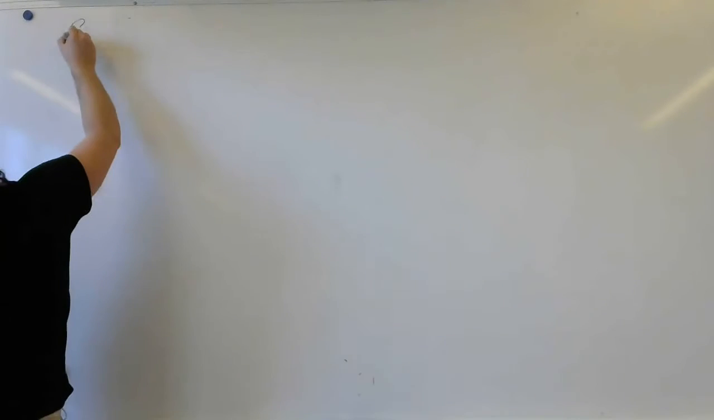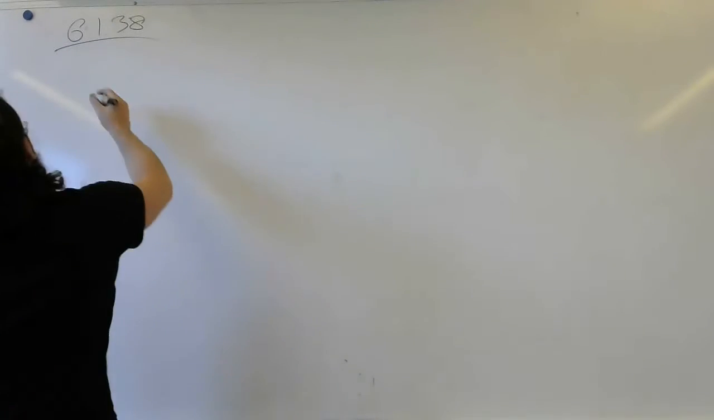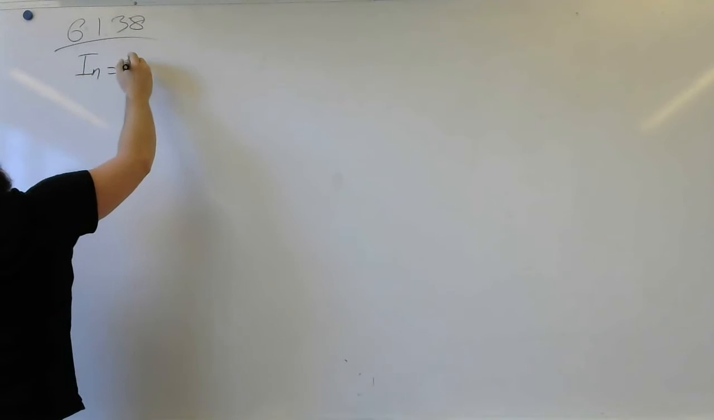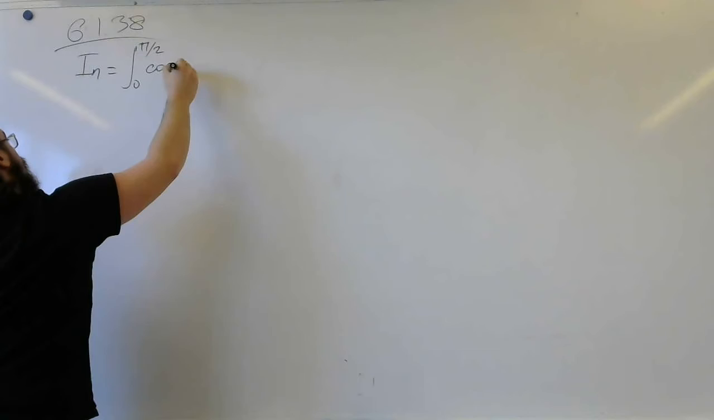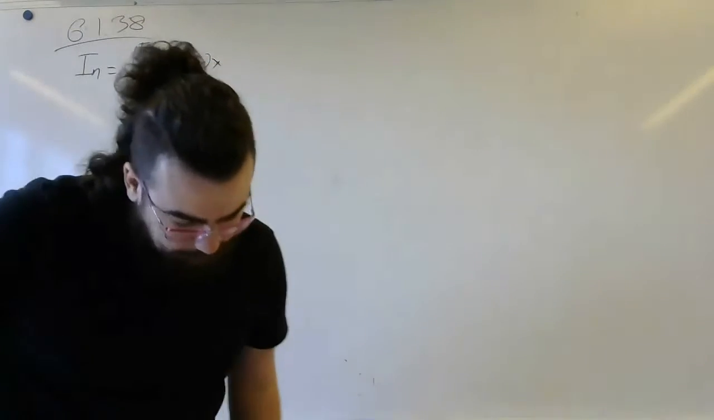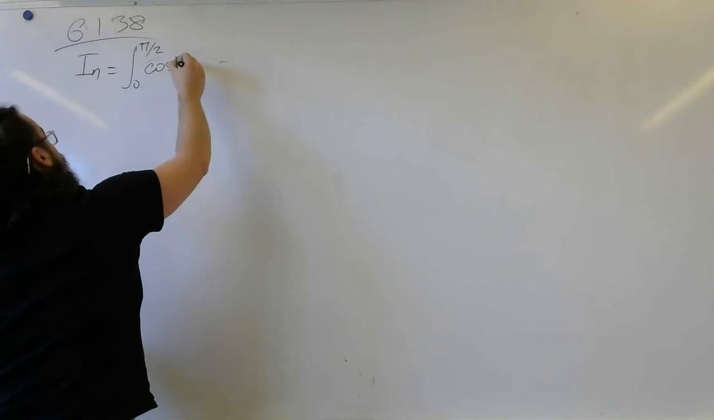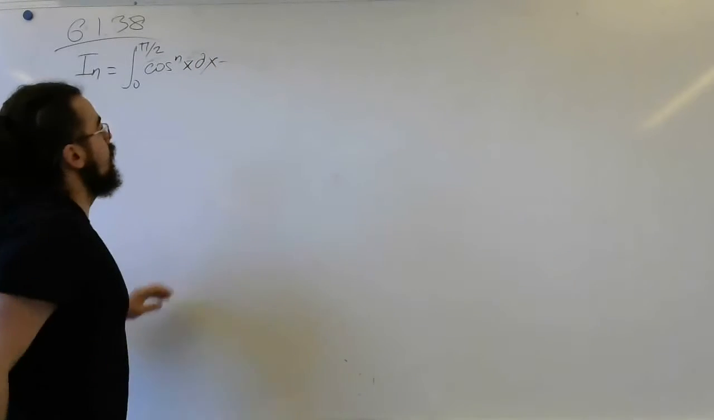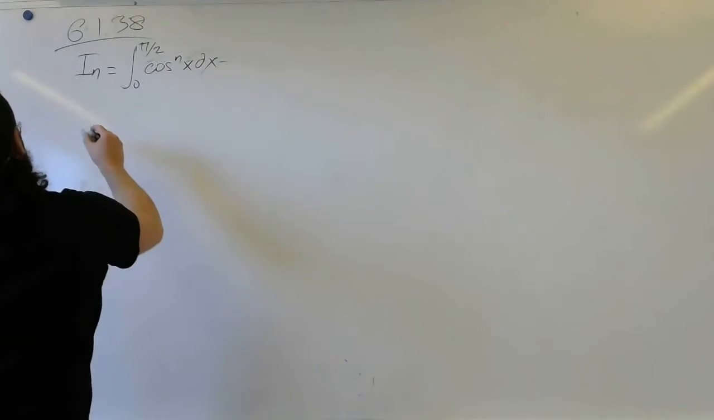So, moving to the number 38. Because integrals actually mean things. So this is what is called the Wallis product. And we define this integral. Right? Yeah. So, first of all,